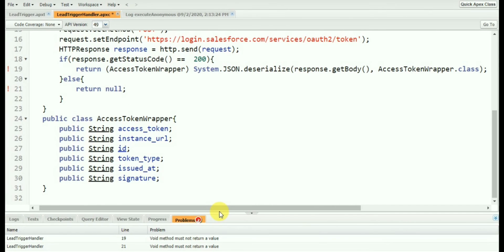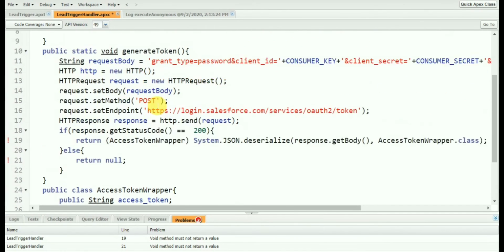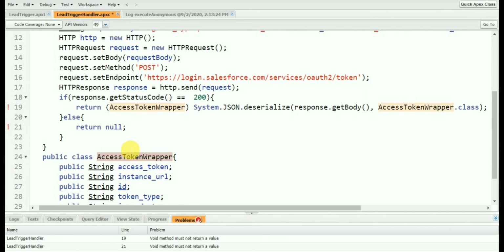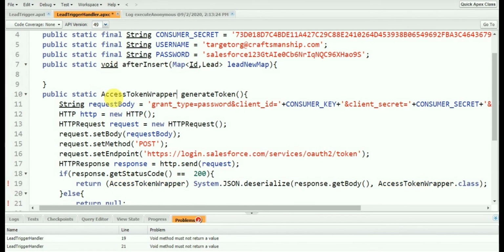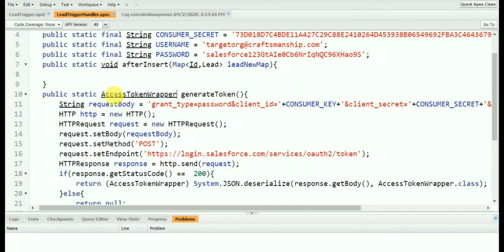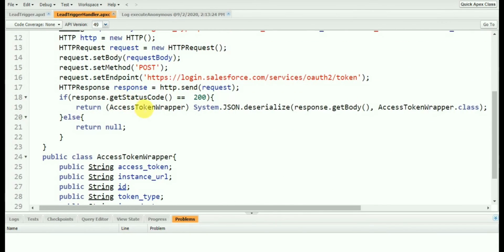Seeing there is an error. Okay, so we declared void, right? So it should be returning access token wrapper here. Yes. So now we are able to generate the access token now, and